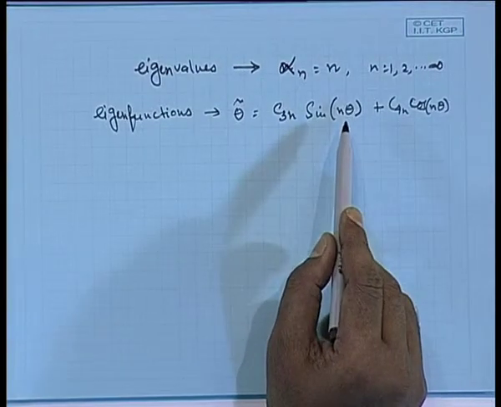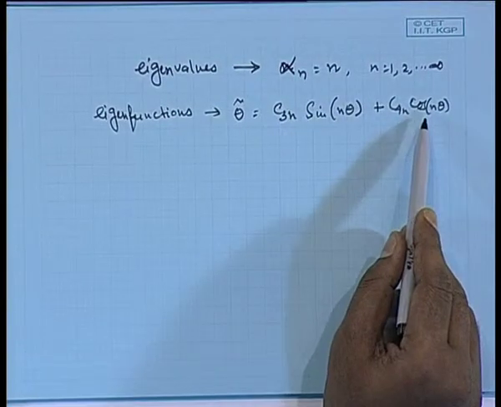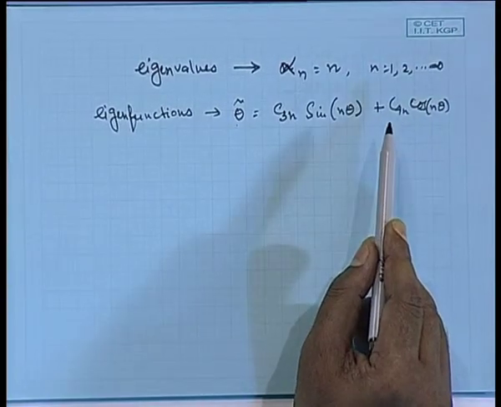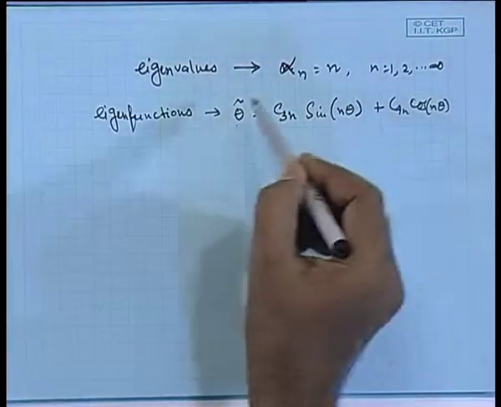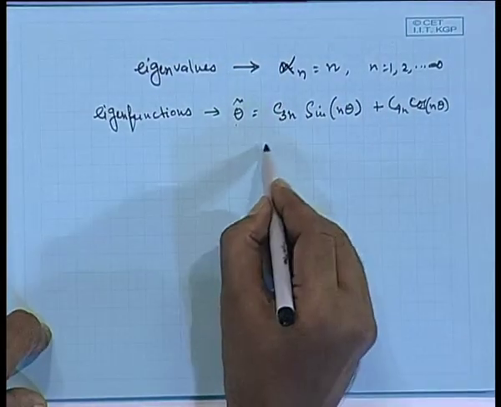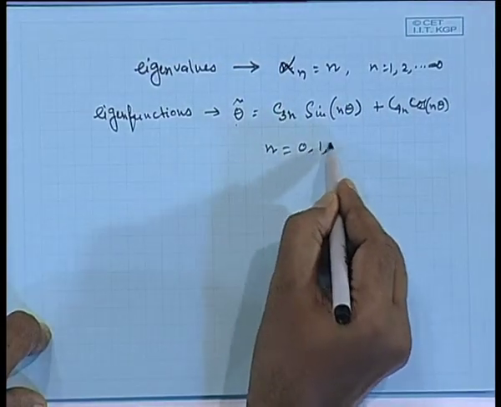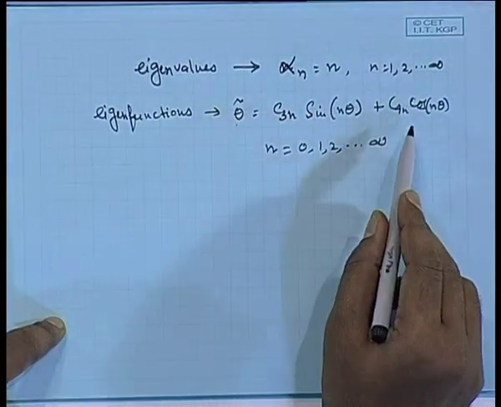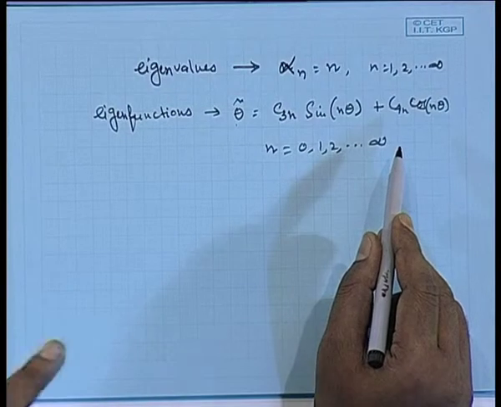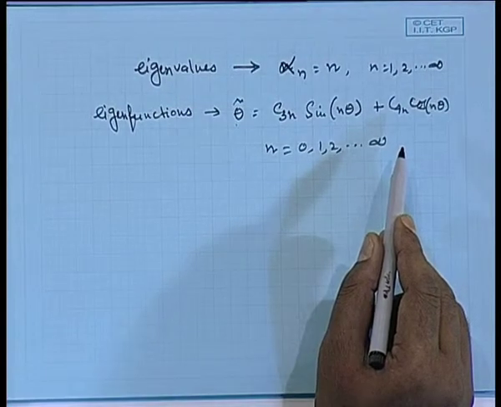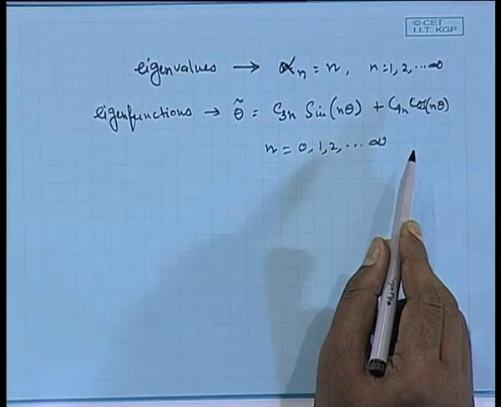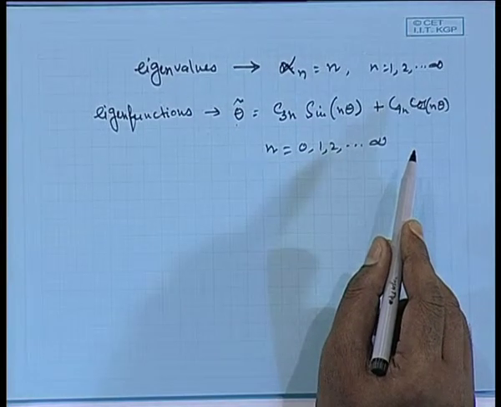Now, in this case, if you put n equal to 0, then the sine function will be equal to 0 and the cosine function will be equal to 1, and again this will be a constant. So, we include the previous eigenvalue in the same form, and say that n runs from 0, 1, 2 up to infinity. So, this solution includes both the cases, that is the constant is equal to 0 and the constant is negative. Okay, so we are here in the last class.